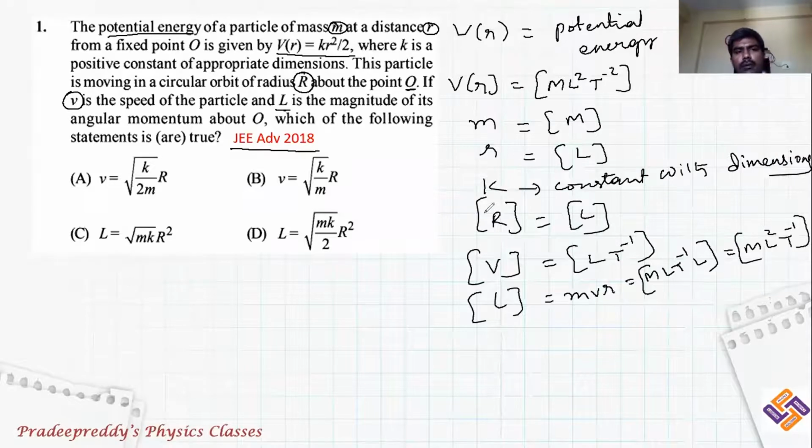Okay. So in the question, whatever the physical quantity is involved, I have written all the dimensions in this slide. Now come to the answers. What he is asking is, which of the following statements are true? That means you should check the correctness of the equation. When do you tell that this equation is correct? You can tell that if and only if left hand side dimensions and right hand side dimensions are equal. Then only you can tell this equation is dimensionally correct.